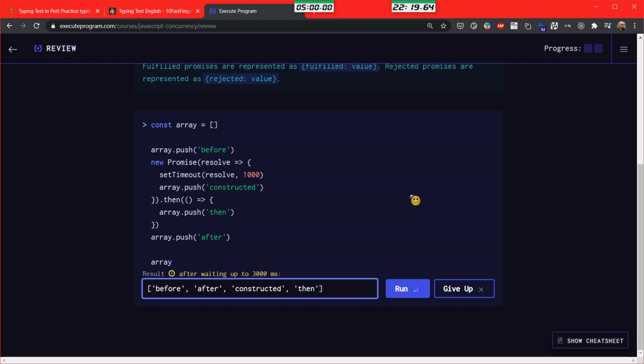It should be array push. This would be invoked immediately. Then we have a promise. So this waits, and then are they really done sequentially? Okay, I'll try.